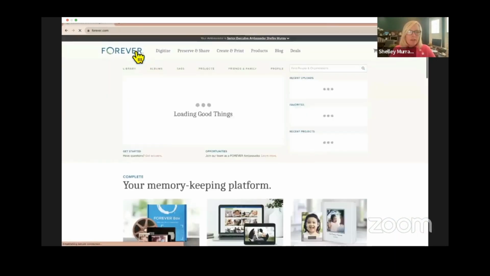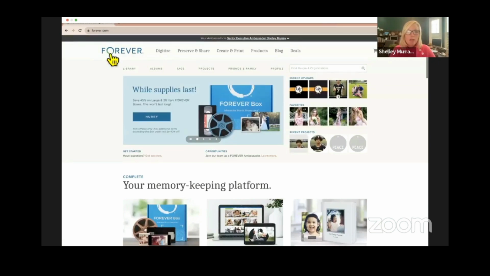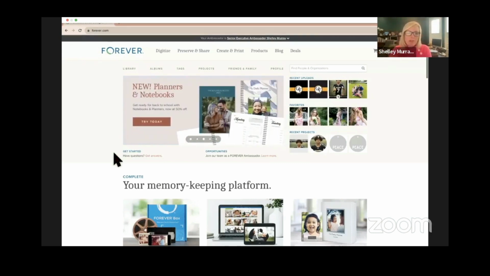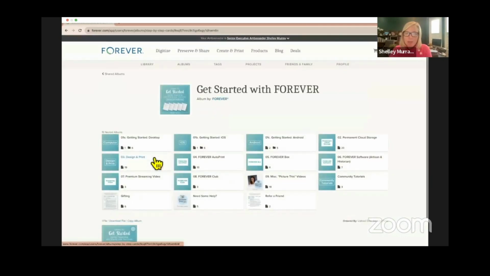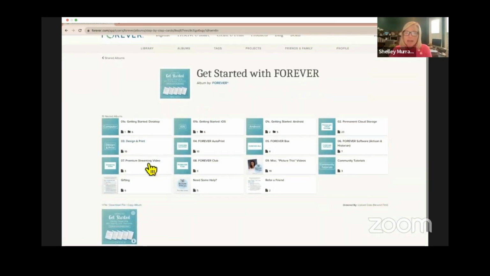So if I click on Forever again in the left-hand corner, you can see I'm back to this main screen. Another little tidbit I want to share with you is if you're stuck and you want to learn some more things or have a specific subject, right here it says get started, have questions, get answers. If you click there, that's going to take you right to the help desk and to getting started videos and